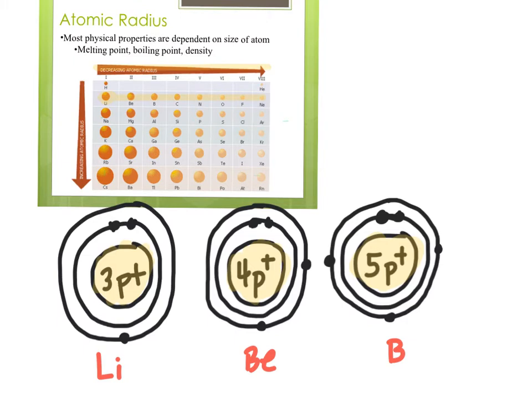All right, so let's look at the trend based on what's happening between lithium, beryllium, and boron. So we see a decrease in atomic radius as we go from lithium to beryllium to boron. In order for us to understand this, let's compare and contrast the similarities and differences. We can clearly see that in lithium,